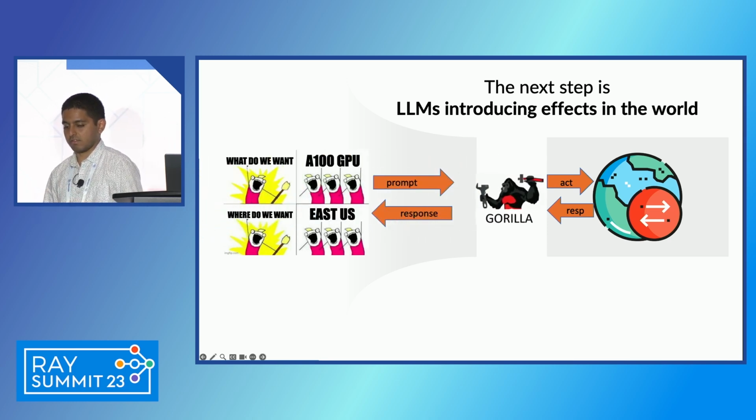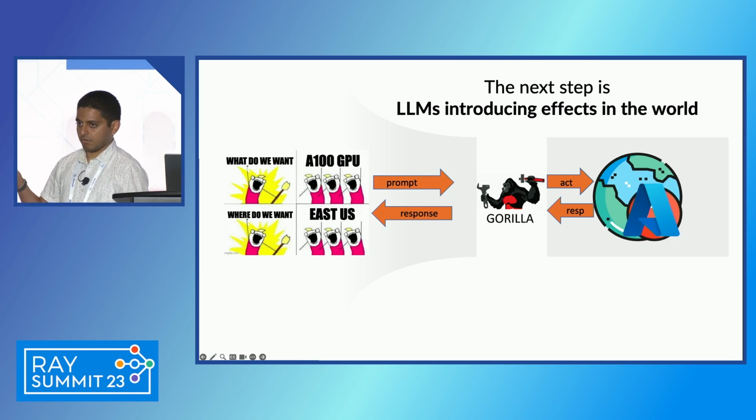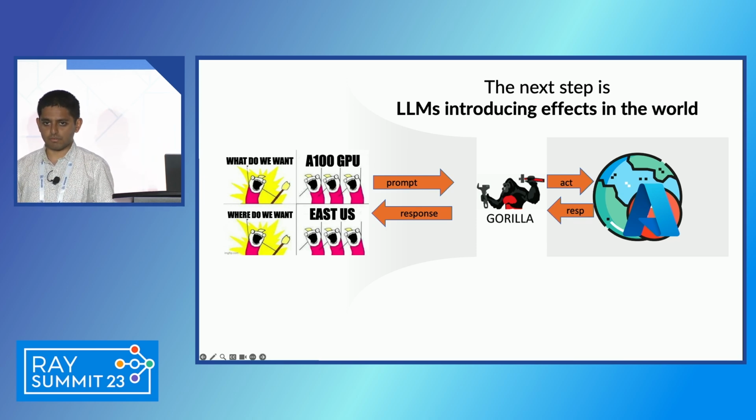In this case, the LLM that we have trained is called Gorilla. So you basically invoke Gorilla, and then Gorilla recognizes that, to give you a GPU in East US, I'm going to use Azure. And then I'm going to give you back the SSH access to your particular GPU. Now, this is an example of how you can invoke a hyperscaler, but obviously there are one too many APIs that you might want to use.